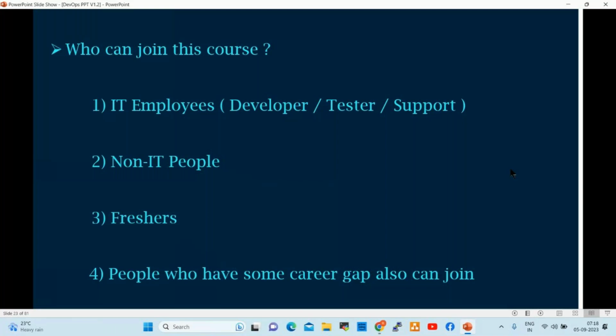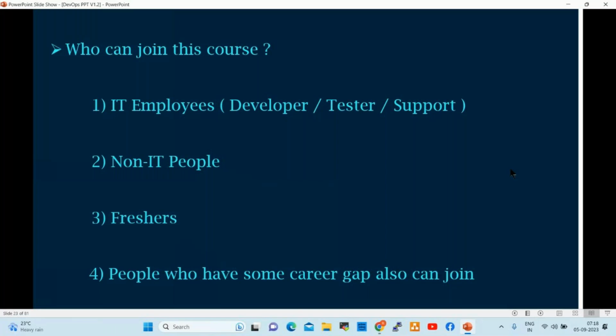So we don't directly go to cloud, we don't directly go to DevOps. First we'll cover basics, right? What is a server, what is a network, what is a switch, what is a router, what are IP addresses, what is a subnet mask, what is a gateway, what is a load balancer, firewalls. Everything basic will be covered. Once you understand, slowly we'll enter into the cloud platform, AWS, right? AWS is very easy to understand and to work on its services. But you need to dedicate 3 months, fine.